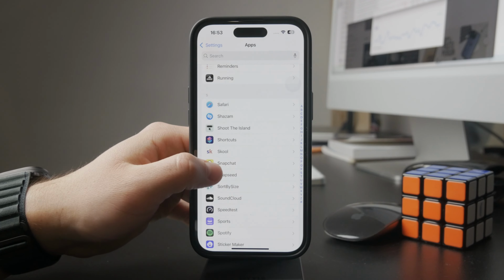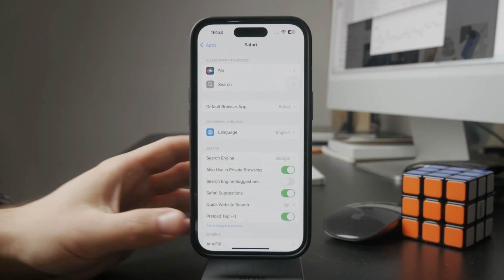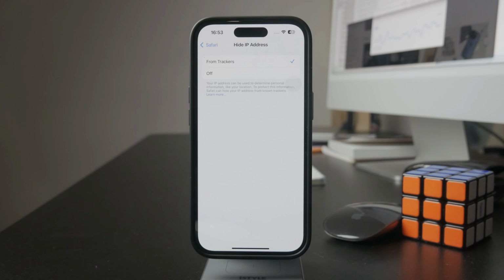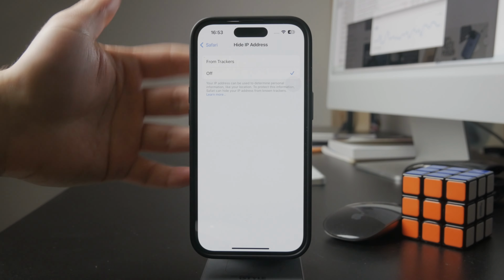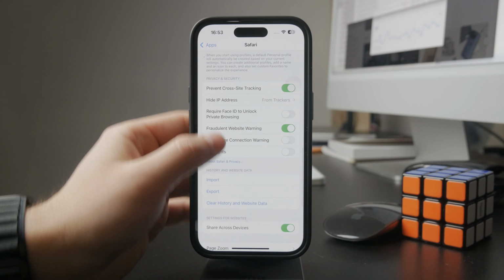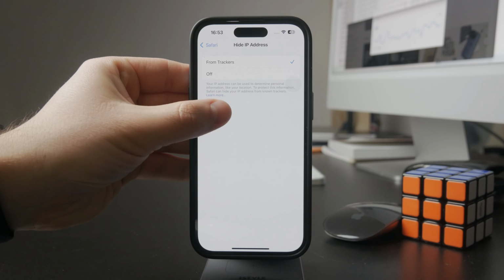So if you wish, inside of the Safari settings, it is actually a good idea to keep your privacy and just hide the IP address from trackers. You can see a little description there that your address might be used to determine personal information like your location, for example. So you can turn it on to stop trackers from being able to track your IP address. If you click on Learn More, it's going to get you over into your iCloud settings, and you can